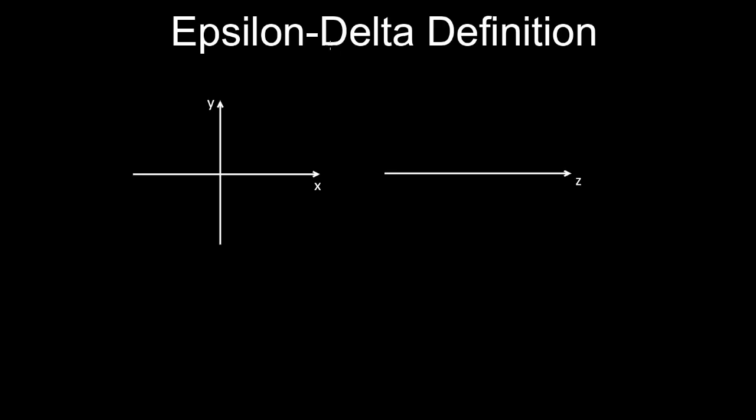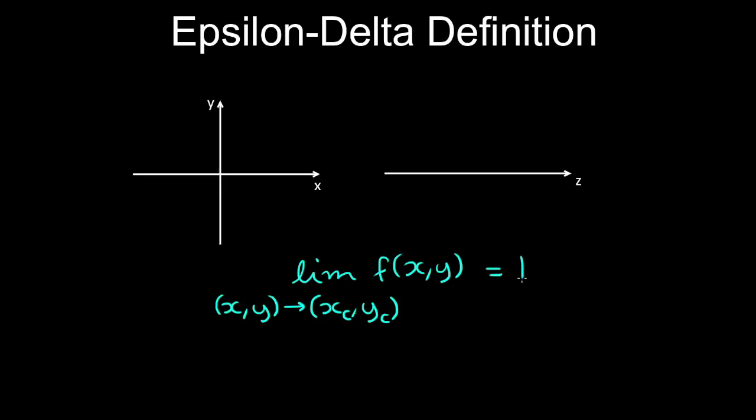The epsilon-delta definition for two variable functions is similar to that of one variable functions. So we use the notation of the limit of the function of two variables as the point x, y approaches the fixed point C is equal to a real number L. So the function approaches the limit, and this is true if for every positive number, epsilon greater than 0, there exists a corresponding number, delta, which is also greater than 0, such that for all points x, y